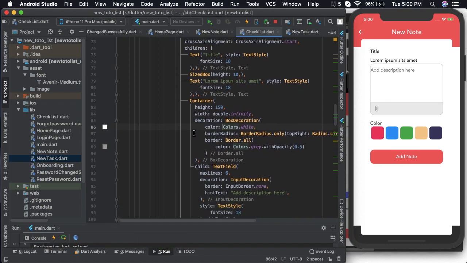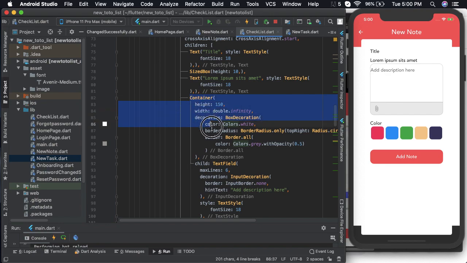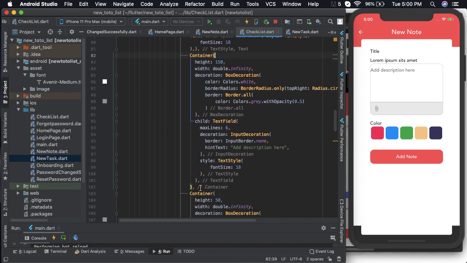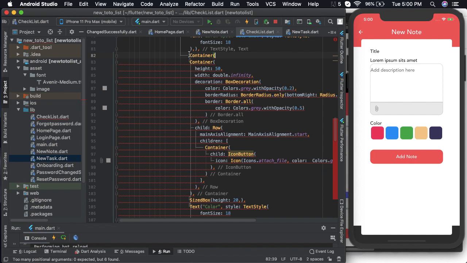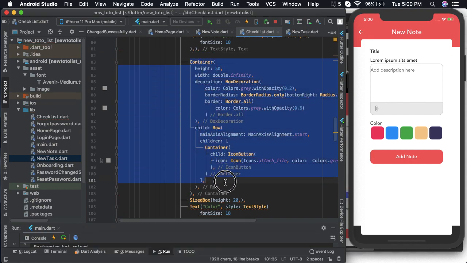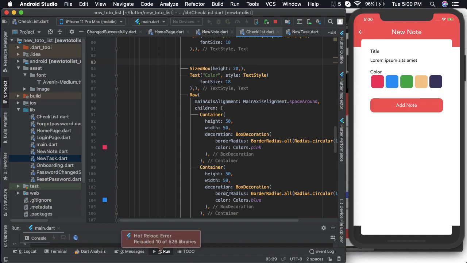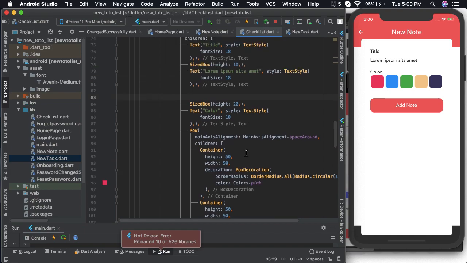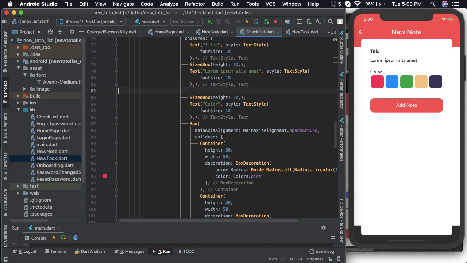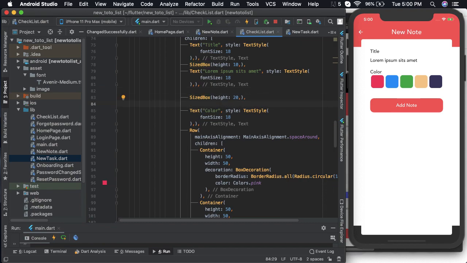And then let's get rid of the description box. And after the subtitle is over, let us add